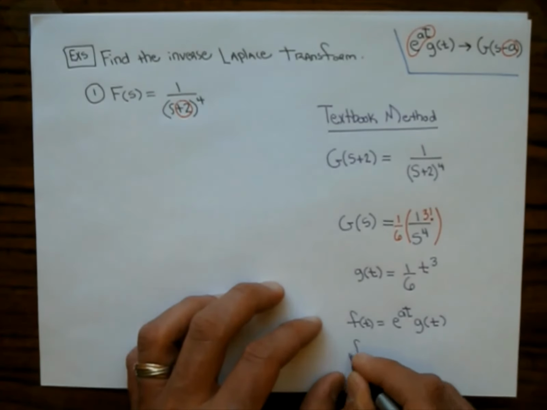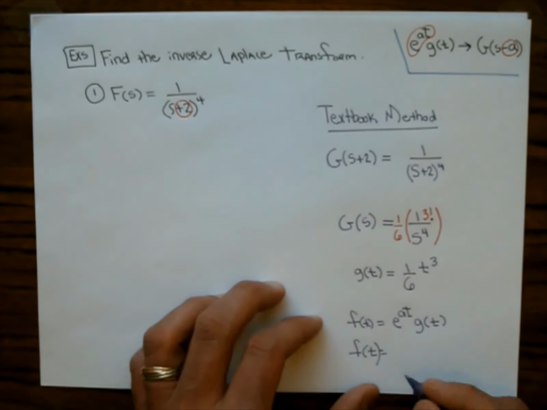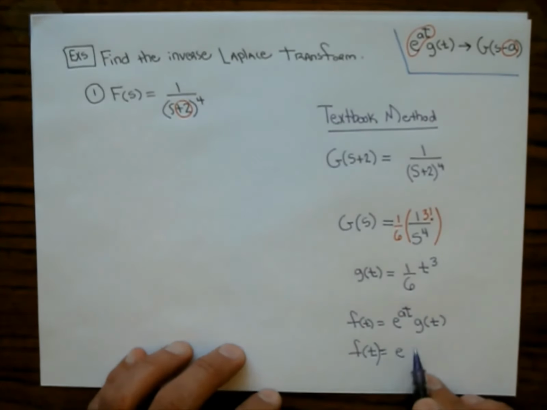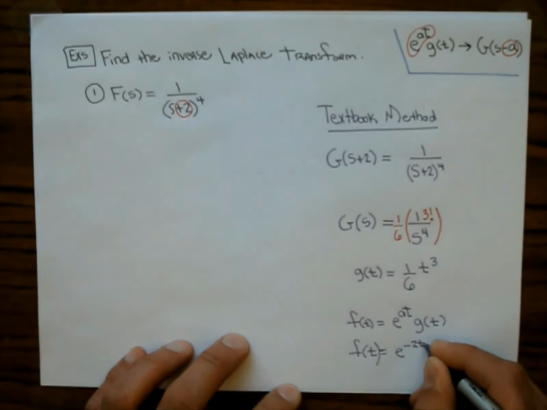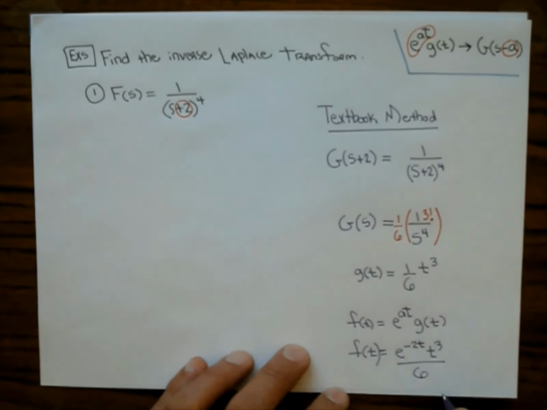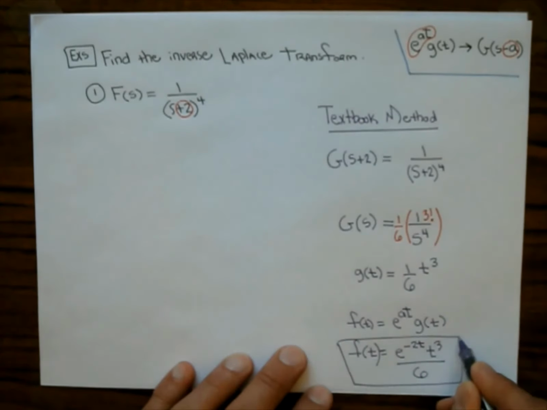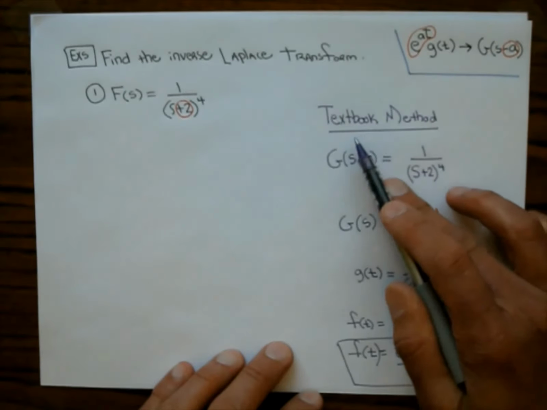And so little f of t is e to the at. Oh, and what is a in this example? A is -2. So e to the -2t. And then we have t cubed, and I'll write it like this, over 6. And so that is how I find the inverse Laplace transform, using the first shifting theorem, doing it like normal